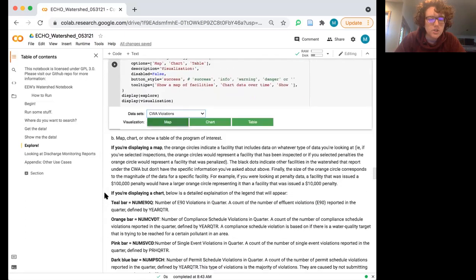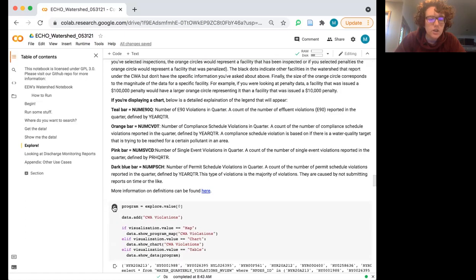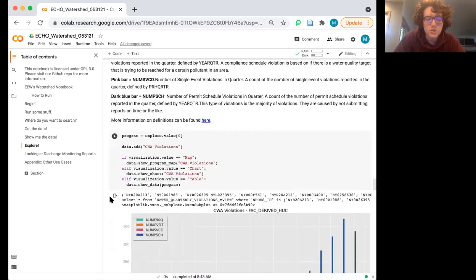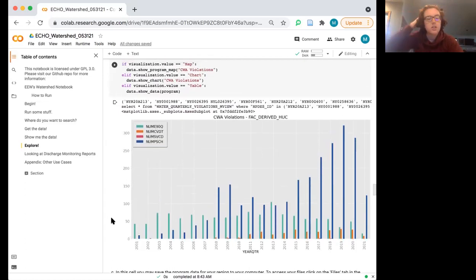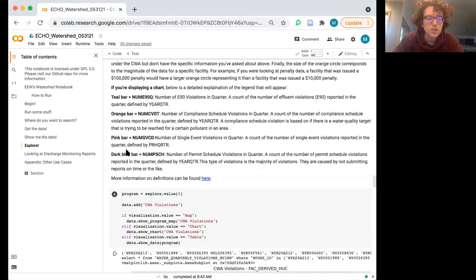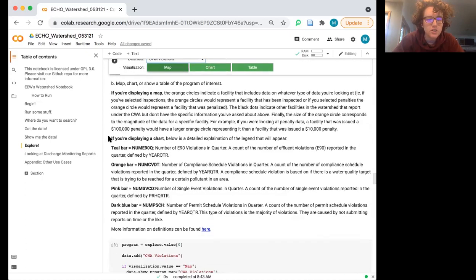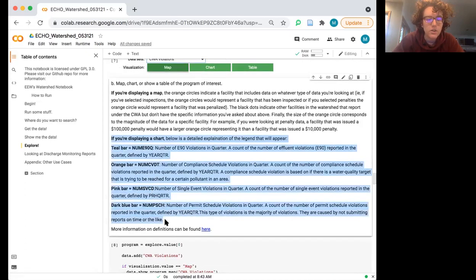So once you've made your selection, you want to go ahead and run part B here, which actually produces what you've asked. So first, it'd be really helpful if we could read this legend. So this is a chart of Clean Water Act violations in our watershed. And we need to understand what this legend and all these different colors are telling us. So I'm going to scroll back up here, which gives us a little more information about the legend